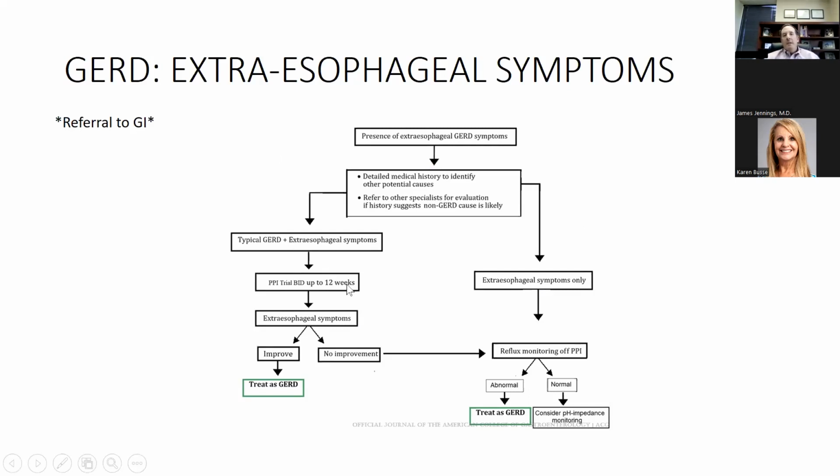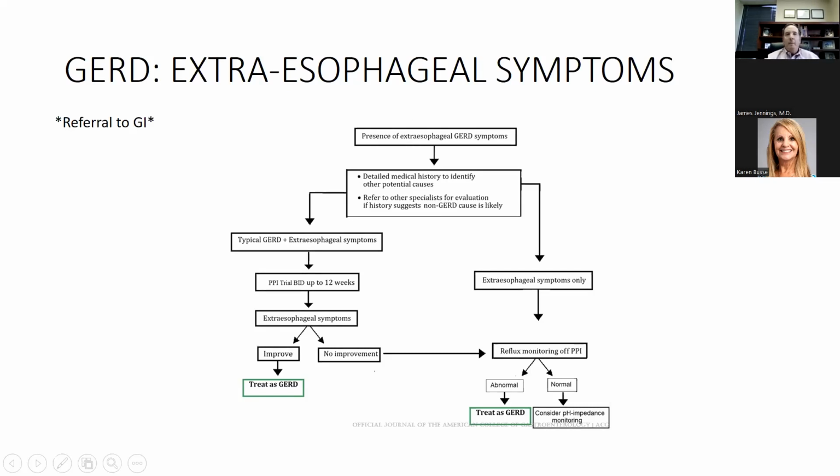And so essentially what we would do for these patients is increase to high doses of PPIs for 12 weeks. And if they didn't improve, then we would send them for monitoring with pH testing. And the majority of these patients are going to have negative EGDs. So this is